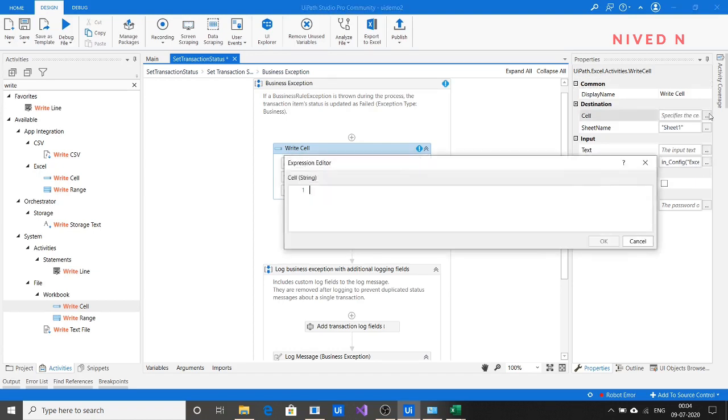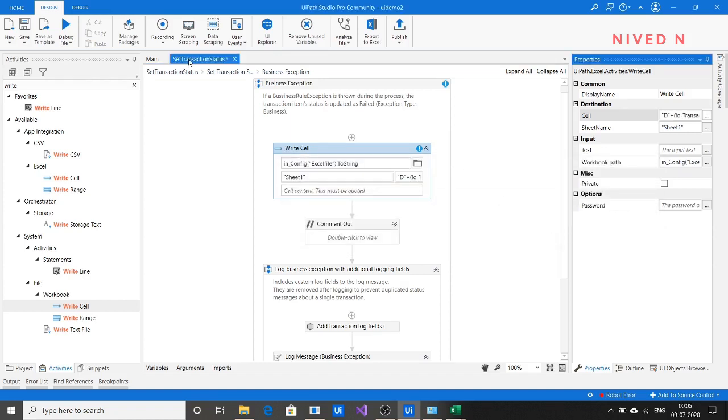So the cell value should be D plus input output transaction number plus 1. Since it is an integer format, we have to convert to string, so we are using dot to string. Okay, and you have to specify the cell content.